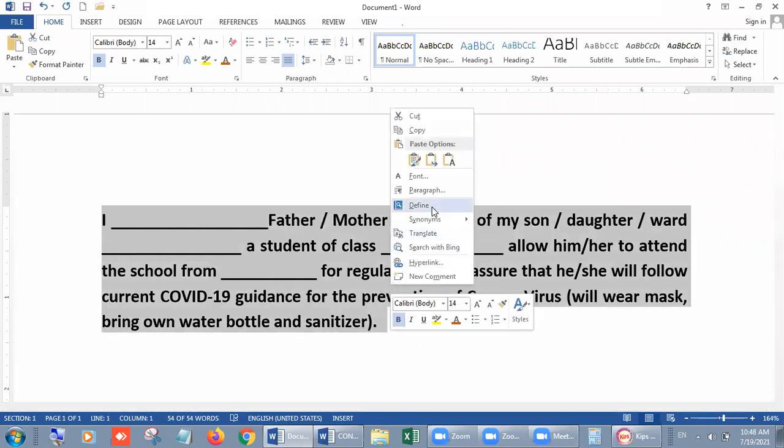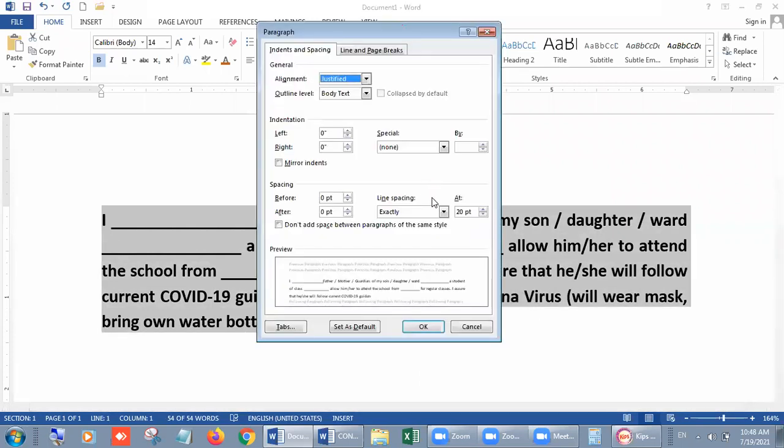Again right click. After that, multiple. In multiple you can adjust in between. Like instead of 1.5, you can write 1.8. It is less than double and more than 1.5, because we have 1.5 and double, but you want to do something in between.